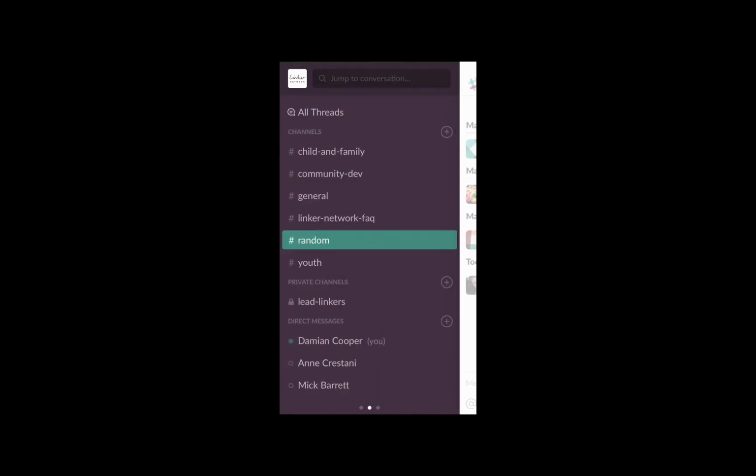There are lots of other elements and functions to Slack, which I'm not going to go into now. If you want to become a power user, by all means. Maybe one of the important ones is around setting notifications. So if you find you're becoming frustrated with the number of pop-up notifications that you're getting, you can modify or set those notifications to suit your own needs. So to see more or less of something, indeed you can set that to stop sending notifications between certain hours of the day. So you might want to turn it off at 5 o'clock and turn it back on at 9, or whatever you like. But again, I just really wanted to cover those